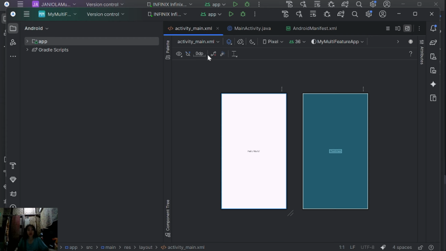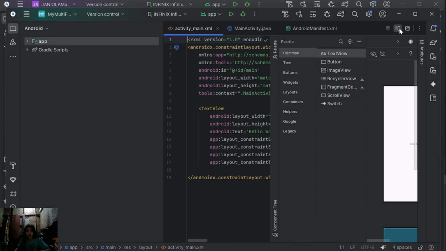So let's proceed to part 2, designing the layout or XML file. So just have to go here. So let's design our user interface. I'd like to switch to split view so I can see both the XML code and the layout preview at the same time. Let's switch this.